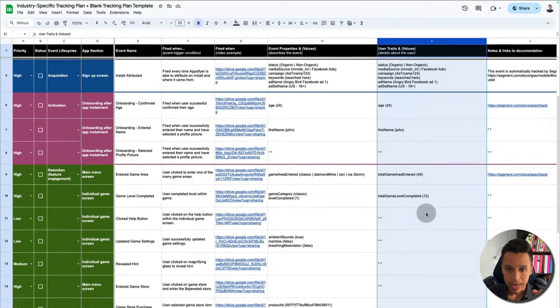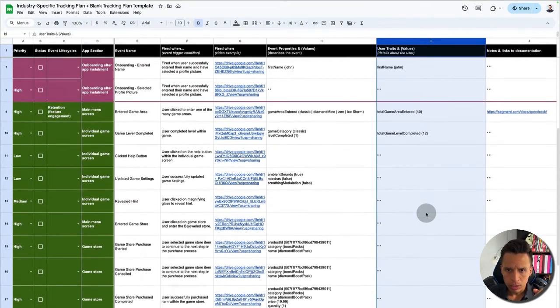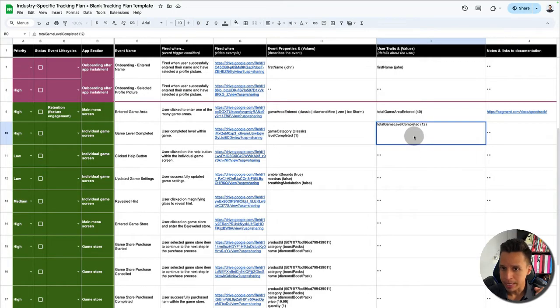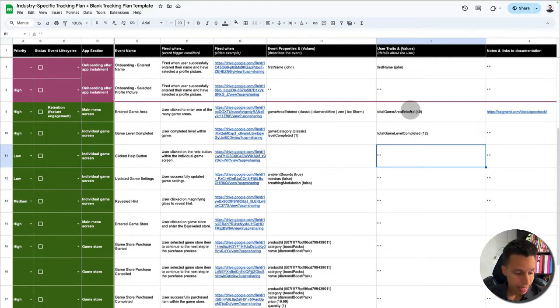So for example, we may want to add something like how many games they have played. We may want to add if they are an active subscriber, or if they cancel. We may want to add what kind of subscription plan they are on, and so on, right? Lots of different user properties you can add to just flesh out the user profiles. And you see